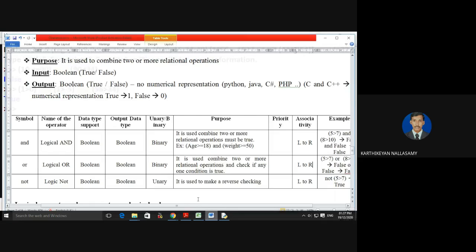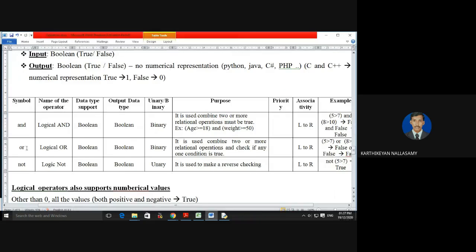Next one is the logical OR operator. Here the input also is a Boolean value, that means the relational operator's output is the input. The purpose of this logical operator is, even if we have n number of conditions, n number of criteria, if any one of the conditions is satisfied, then I can say that you are eligible. For example,